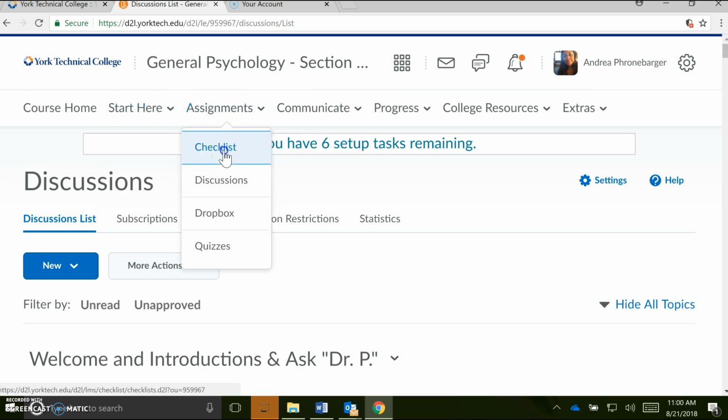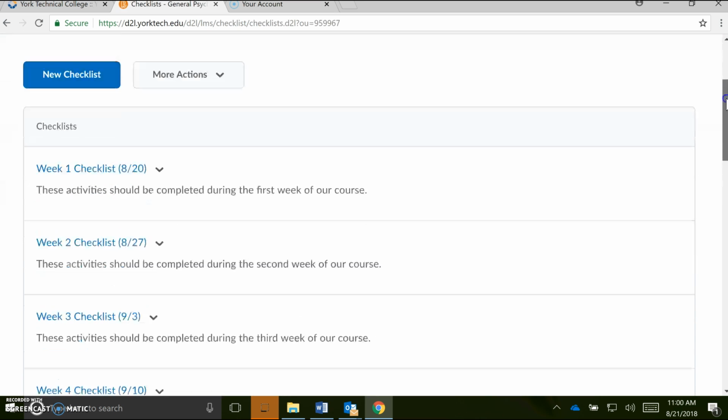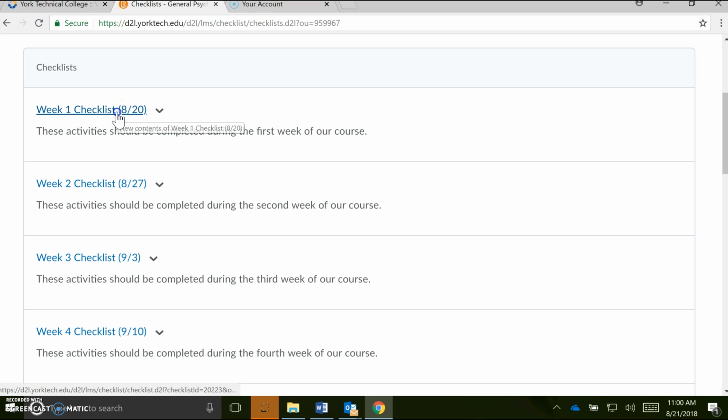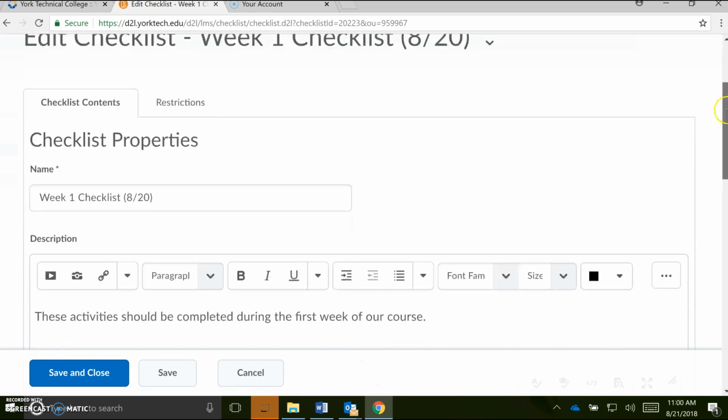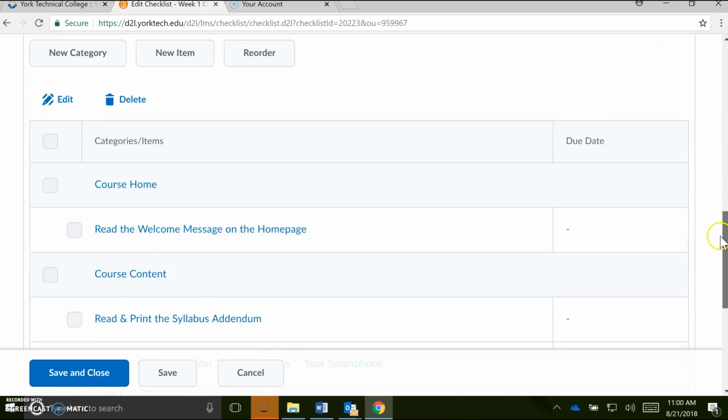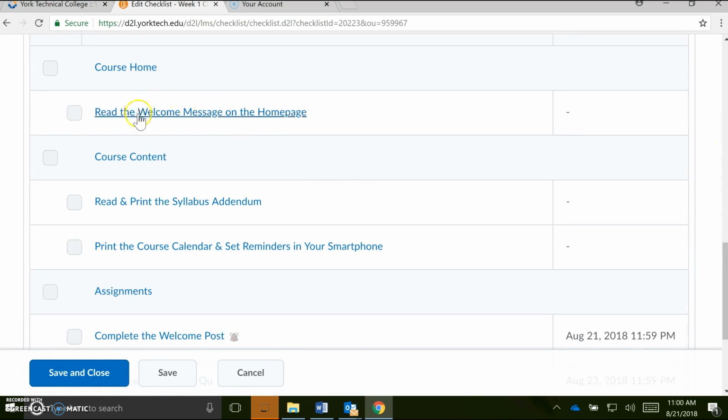Back in the assignments area, I've also created checklists. This is another helpful navigation tool. So for each week, your student view will look a little bit different, but here's the gist of it, right? So literally, I've embedded these links, which will take you